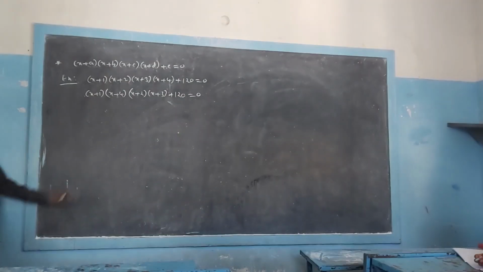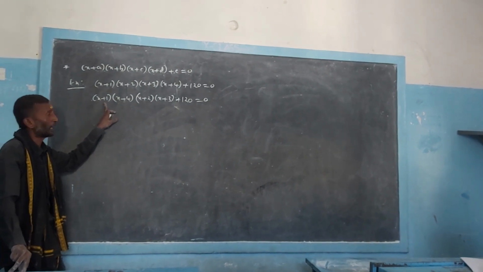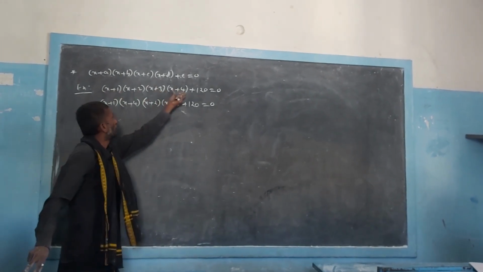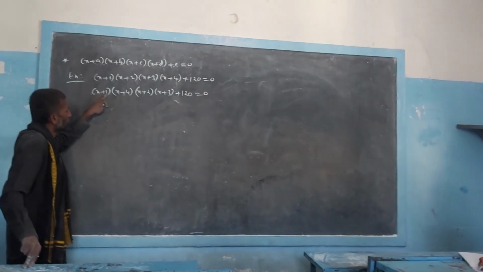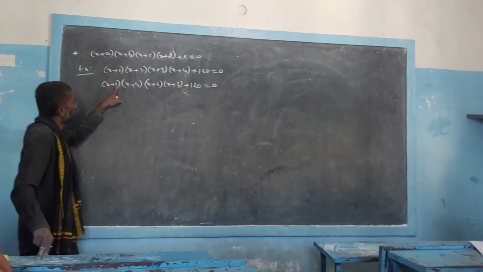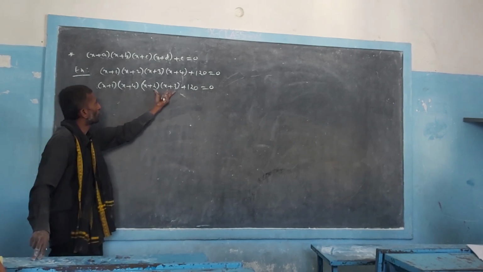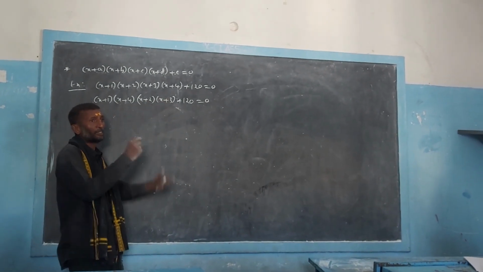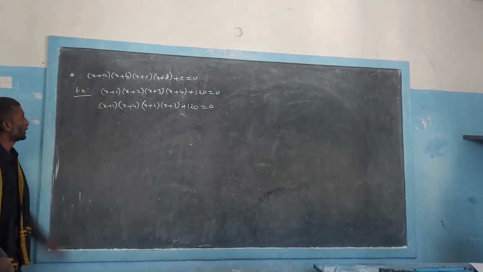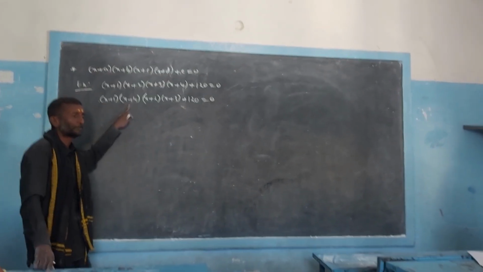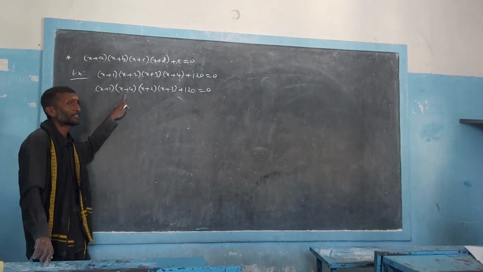Did you understand why I wrote both these terms at one place? Because if I consider the sum of the constant terms of both these linear factors, it is the same one. 1 plus 4 is 5, here also 2 plus 3 is 5. So like that we need to rearrange the terms. If you do not arrange the terms in this way, we cannot solve this equation easily.